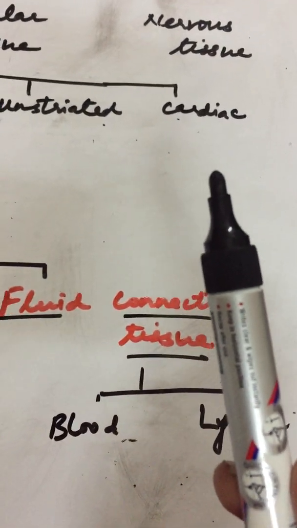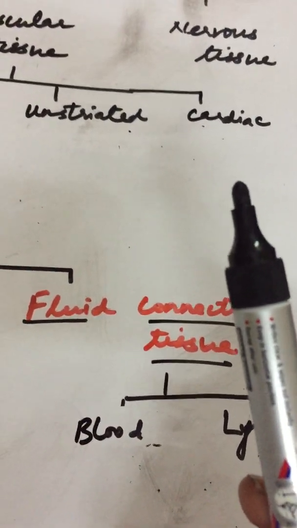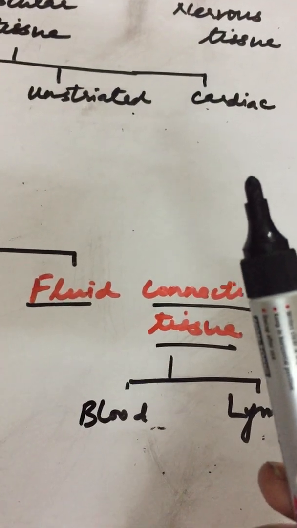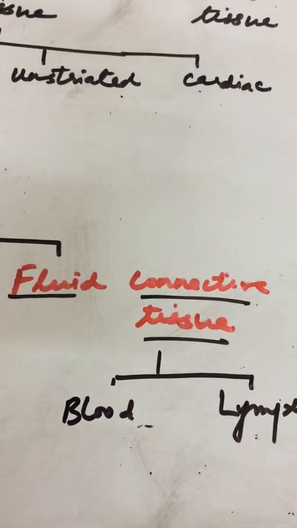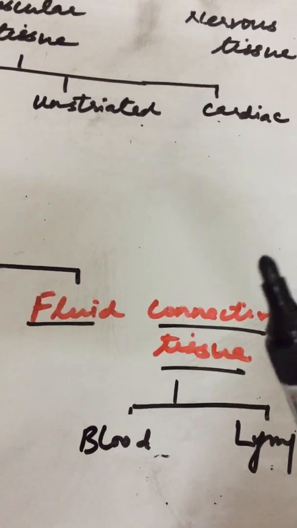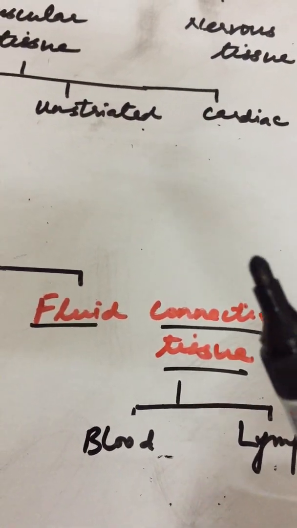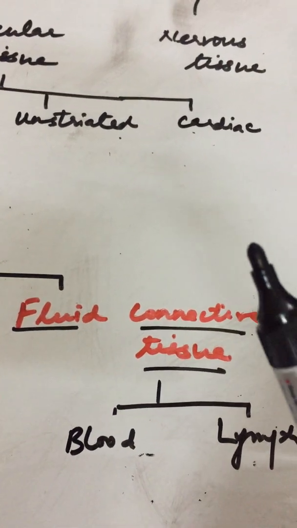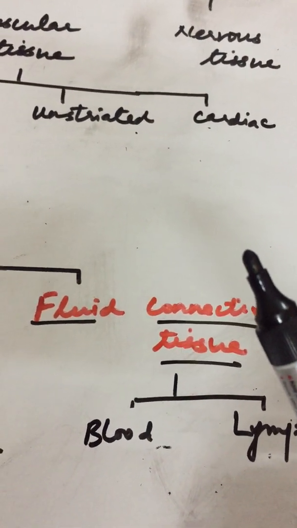Cardiac muscles are present in the walls of heart. Their nature is also involuntary. They are not under the control of our will. They contract and relax tirelessly throughout life without getting tired. They are found only in the walls of the heart.